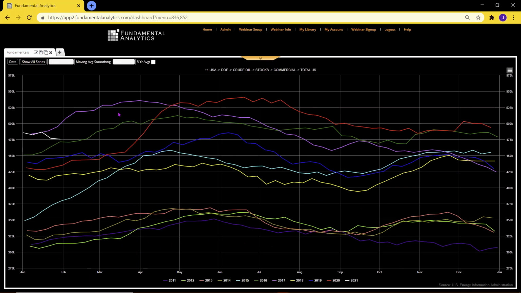And what pops up is a year-on-year overlay chart of the crude oil stocks. The most recent value, which was released this morning, was for the week ending Friday, the 29th of January 2021, where the current value is 475 million barrels, and it was a change of a drop of roughly 994,000 barrels, or about a million barrel drop from the previous week ending on the 22nd. It also shows you what the 5-year average is and other data.